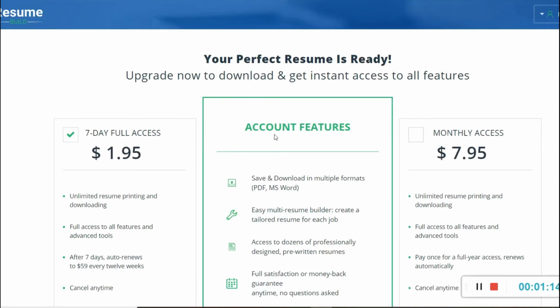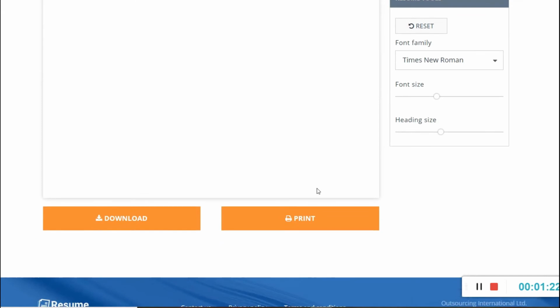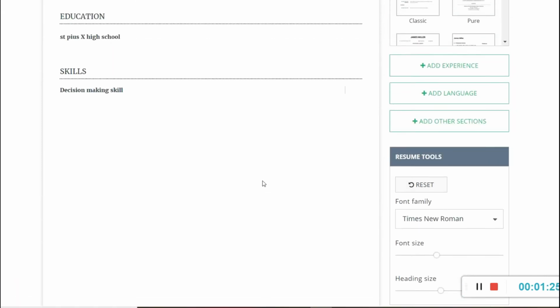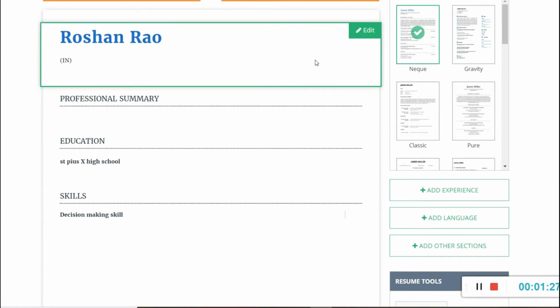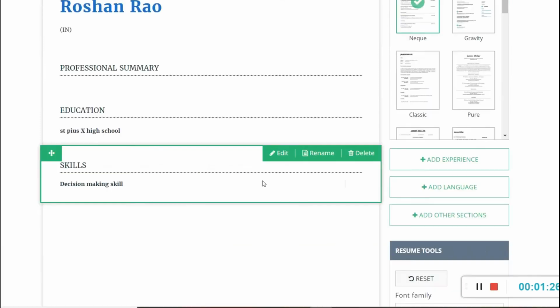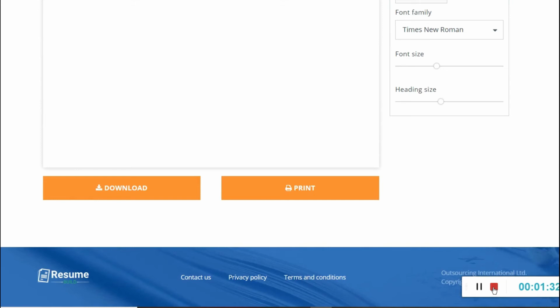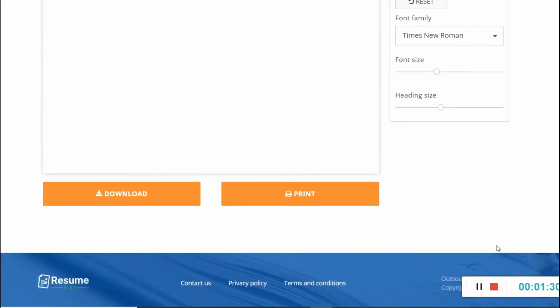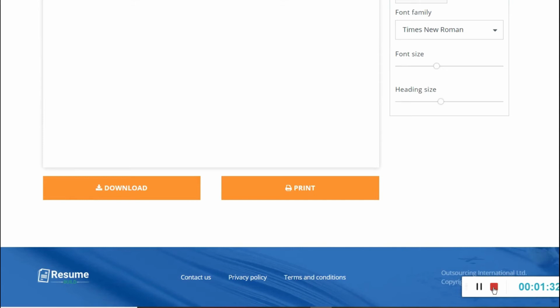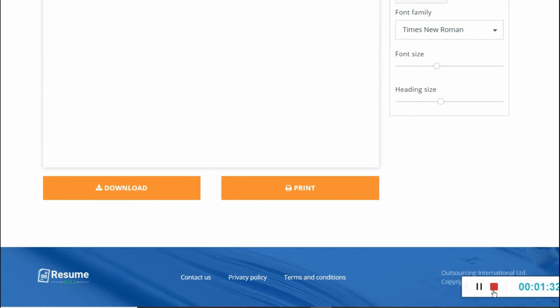But when you are clicking on the download button, it will be asking you to pay the amount. So I think it is not comfortable for everyone to go ahead and purchase this plan. So what I personally suggest you guys here is you can first go ahead and take a screenshot or the snapshot of the resume that you see before the download page, like the last preview of your resume. Design your Word document exactly like that, and I also mentioned the formatting rules so you can customize your resume no matter what. It is very easy, guys.